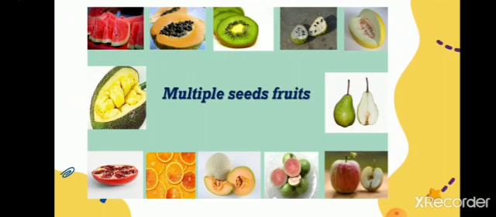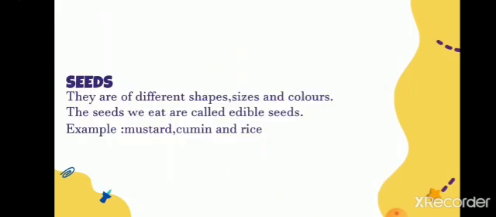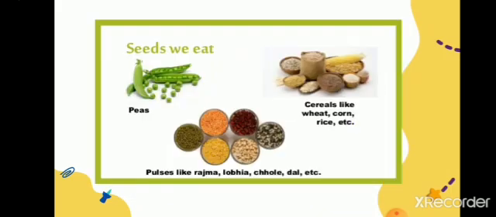There are also fruits with multiple seeds, meaning more than one. Many seeds will be there. In papaya, you can see black seeds inside the fruit. And watermelon also has small seeds in it. So when I put this seed into the soil, what do I get? I get a new plant. What is it called? When I put the seed into the soil and a new plant grows from it, what is that process called? It is called germination. So we will study about that also.